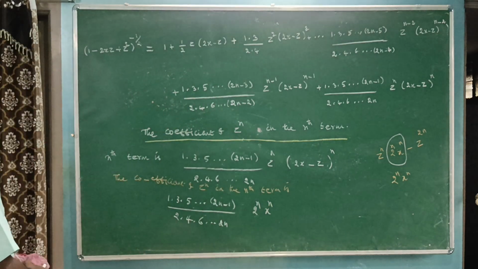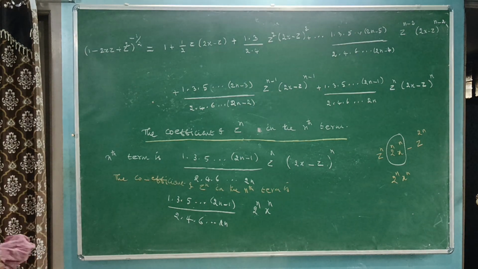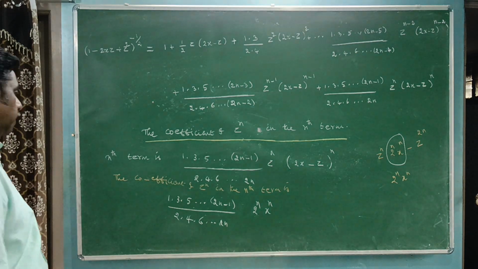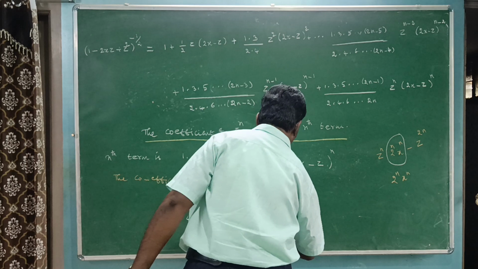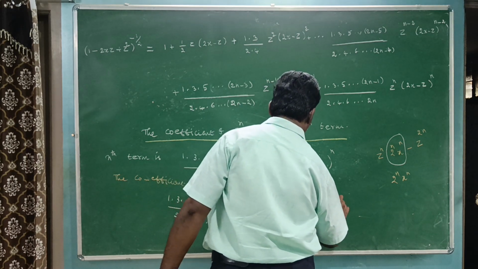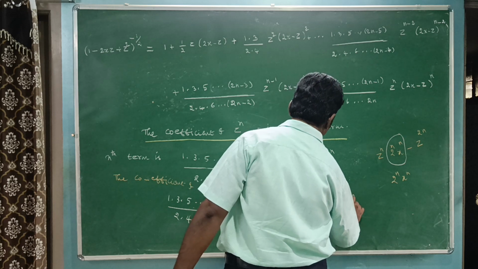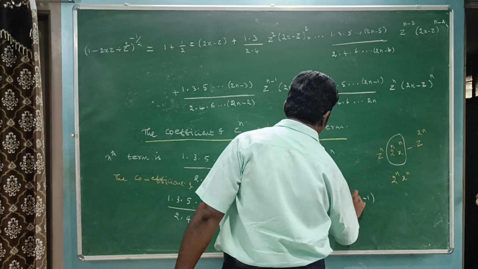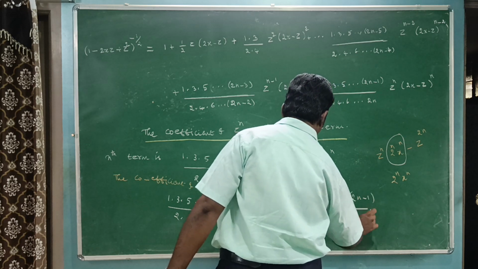This is the coefficient. Now we have to simplify this further. This is equal to 1.3.5 up to 2n minus 1 whole divided by,